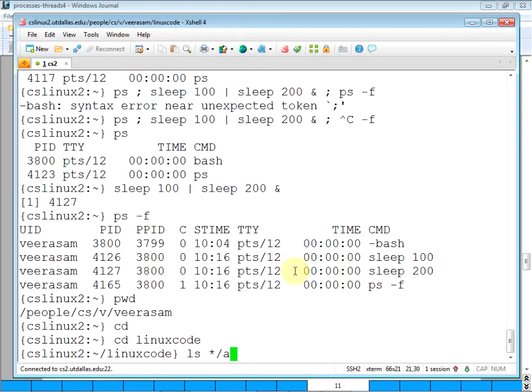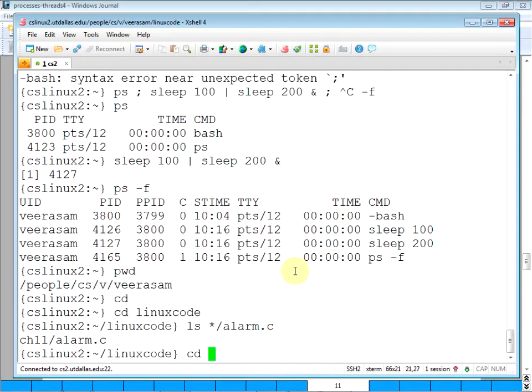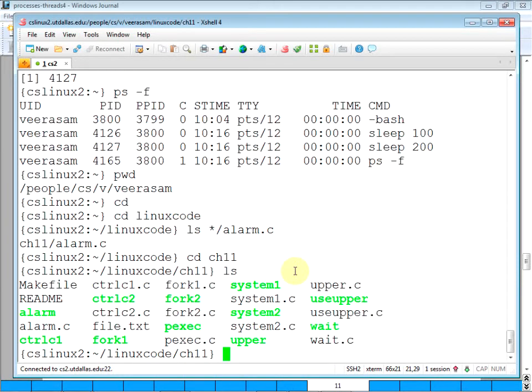Where is it? alarm.c. So control C1 and alarm.c. Okay, control C1.